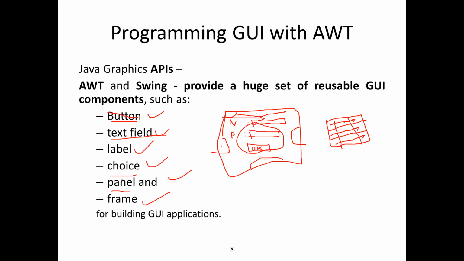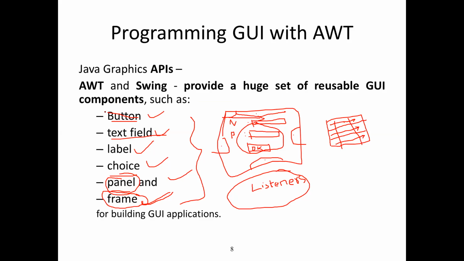So these all options are provided in the panel, and frame is mentioned basically for providing something called listeners. Okay. In the next video, I'll be talking about these listeners: what are these listeners and how the listeners are attached to these available components. So these listeners are available as part of frame. They are attached to this frame. So right now you just think that AWT has these many different options that are available as reusable components.